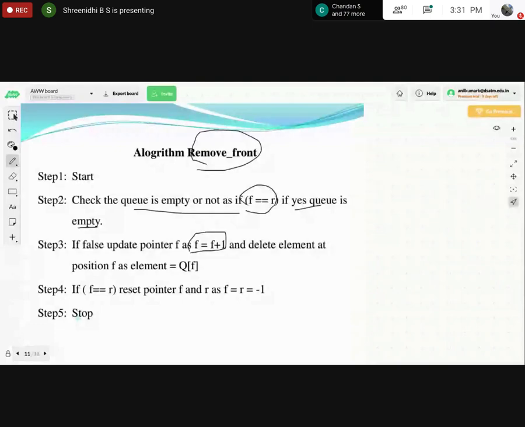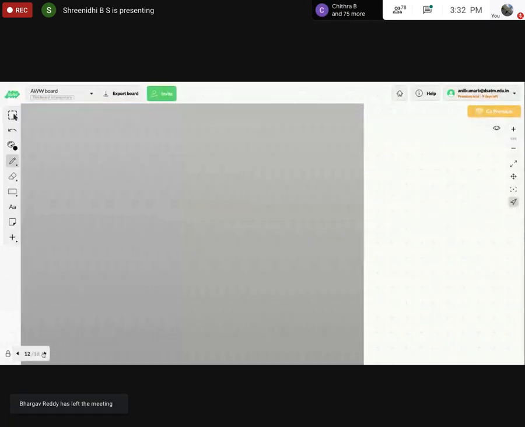Then if F is equal to R, reset the pointer: F is equal to R is equal to minus 1. This is for the underflow condition of the queue. Here we need to update the pointer when deleting the element of a queue.